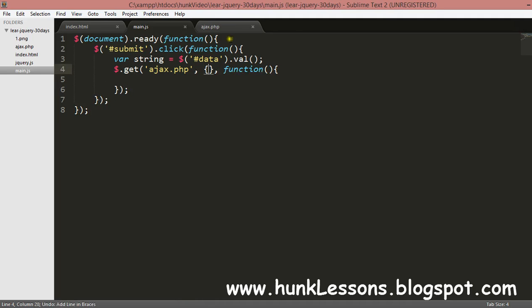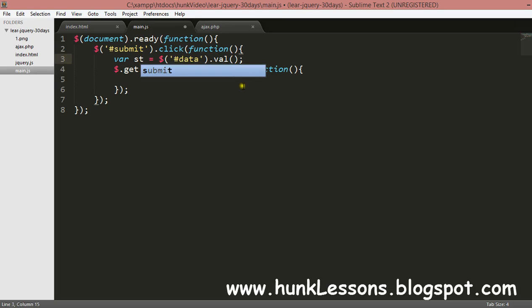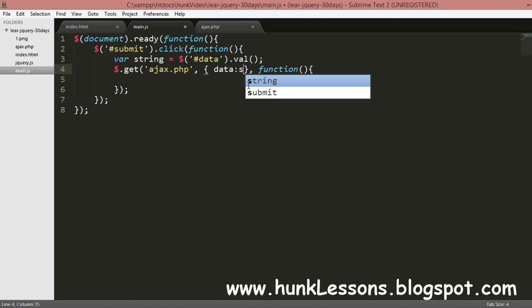Now we write it like this: data means the word which our scripting language will understand as the variable. And second is the string. The string is the value in which our data has been stored in our JavaScript file.